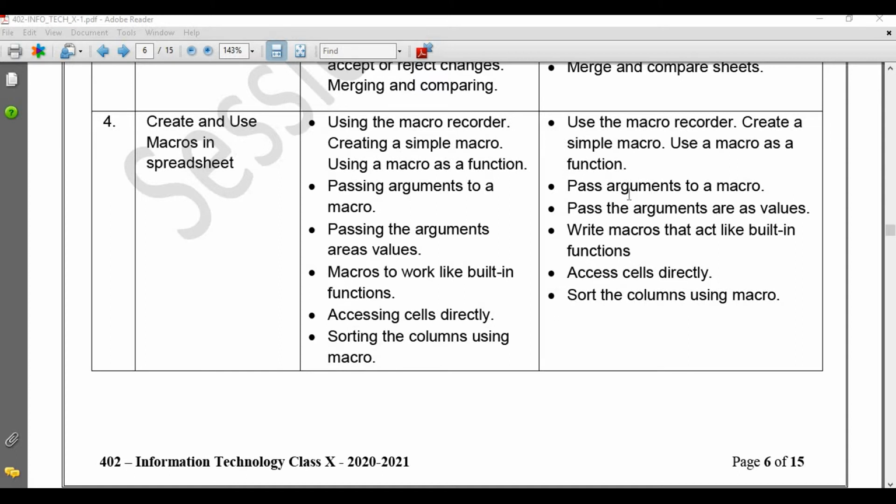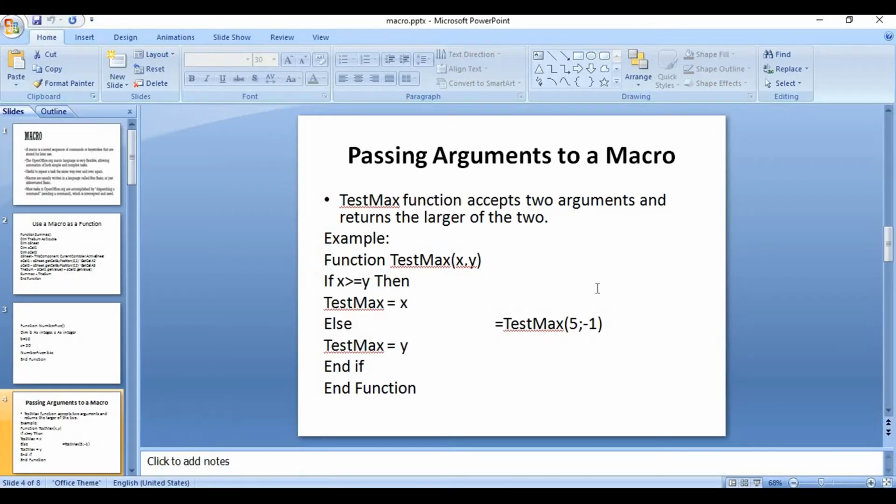Both of these topics, passing arguments to a macro and passing arguments as values, are almost the same. For this, I have prepared a presentation file for you. The topic is passing arguments to a macro.